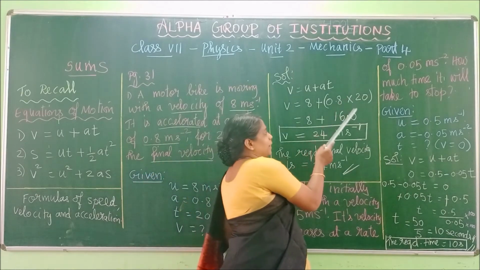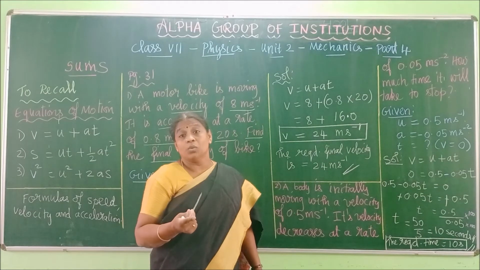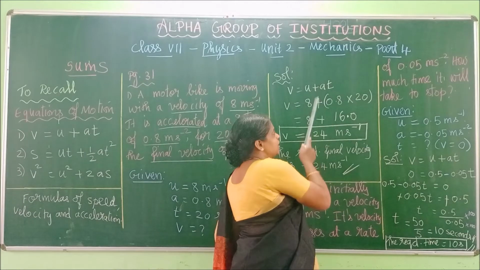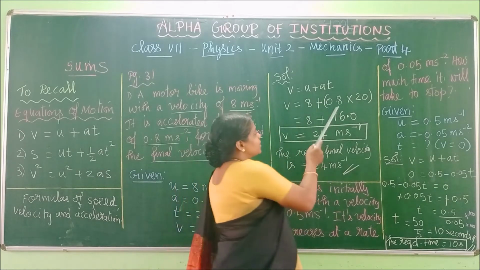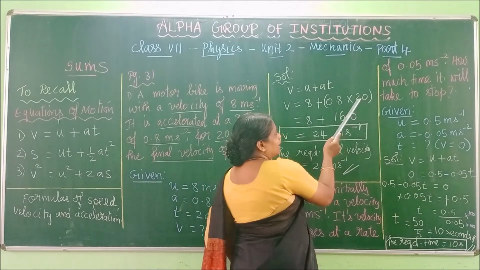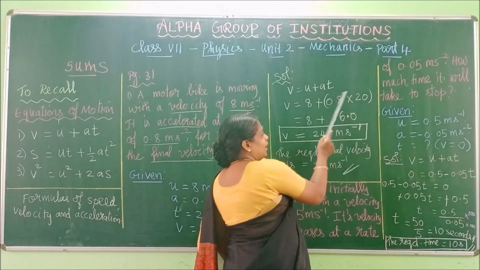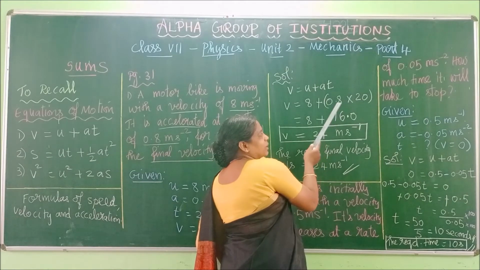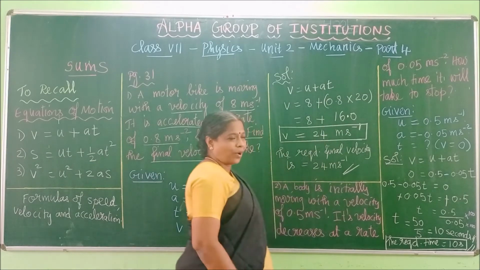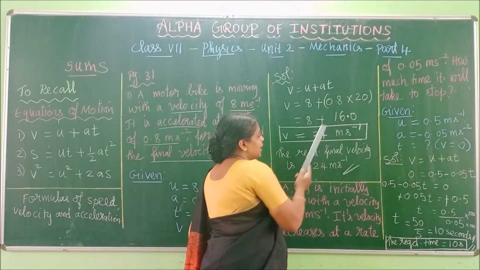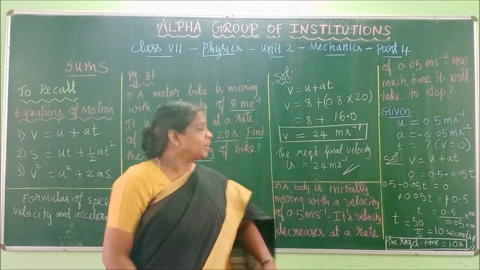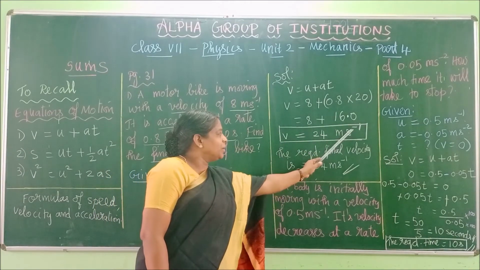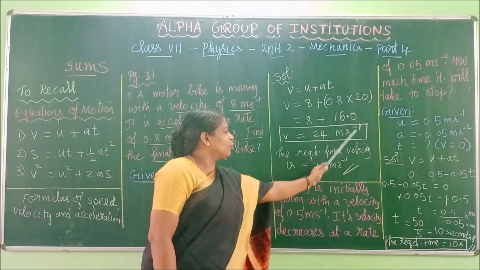So first you multiply, as per the maths rule, the board maths rule. As per that also you have to complete the multiplication first, then go with addition. So first 0.8 into 20: 8 twos are 16, and 8 times 0 is 0, so 16 will come, and from the last, after one number, you place the decimal point. So 16 you will get, 16 plus 8 you will get 24. So what is the final velocity? 24 meter. Velocity means what is the unit? Meter per second. So V is equal to 24 meter per second.